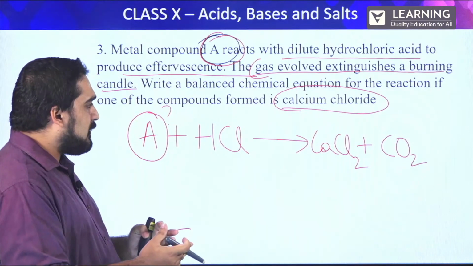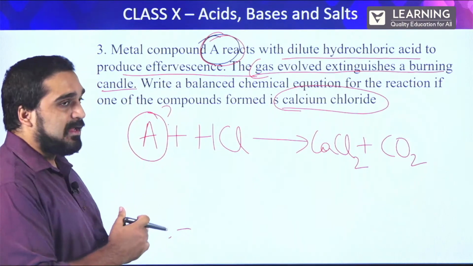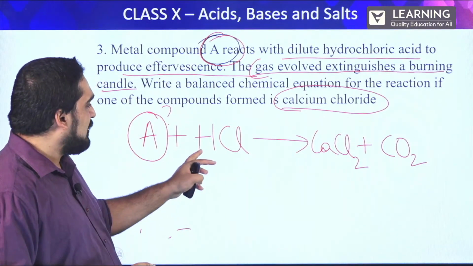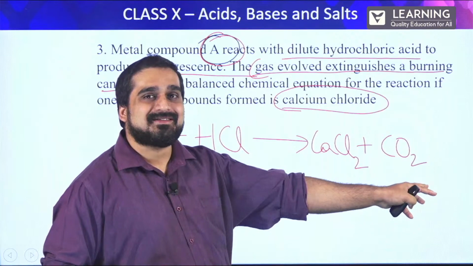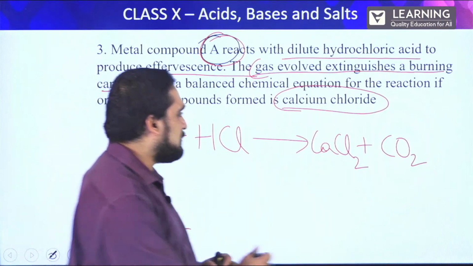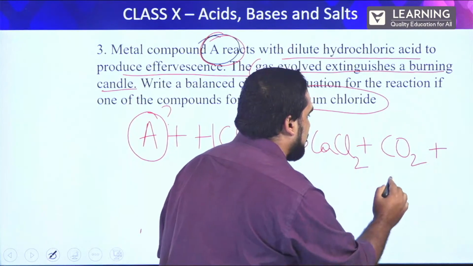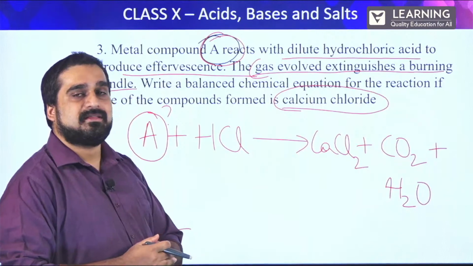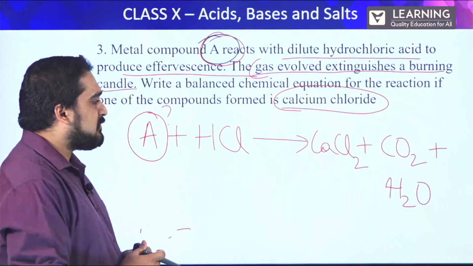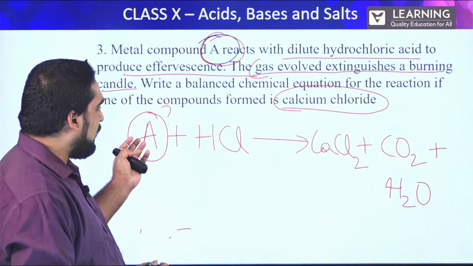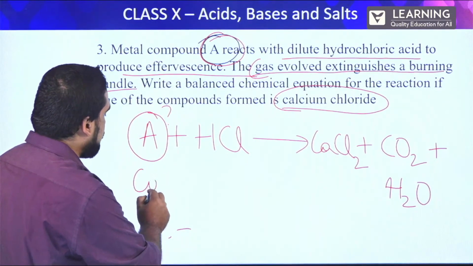So the given compound A cannot still be identified yet because hydrogen is not present on the other side. So we have to account for hydrogen. So this hydrogen is accompanied by H2O. Let me just write that. Now let's try to determine what is the compound A formed. Now the compound A is calcium